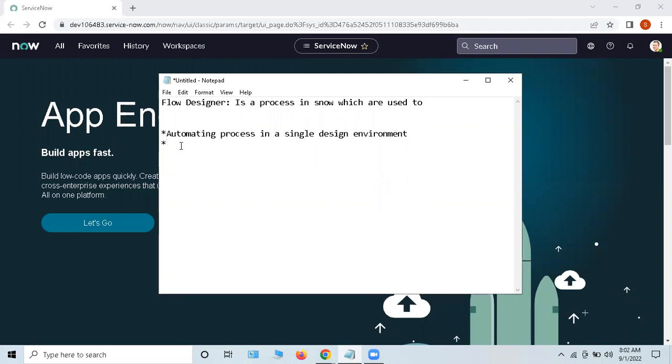Next one. We use natural language. Next one. We automate